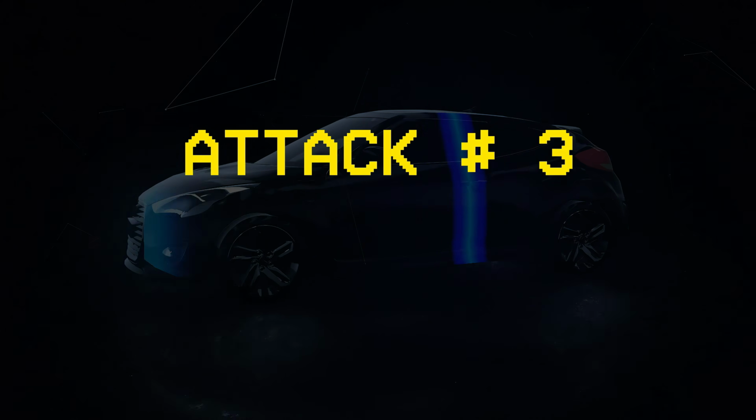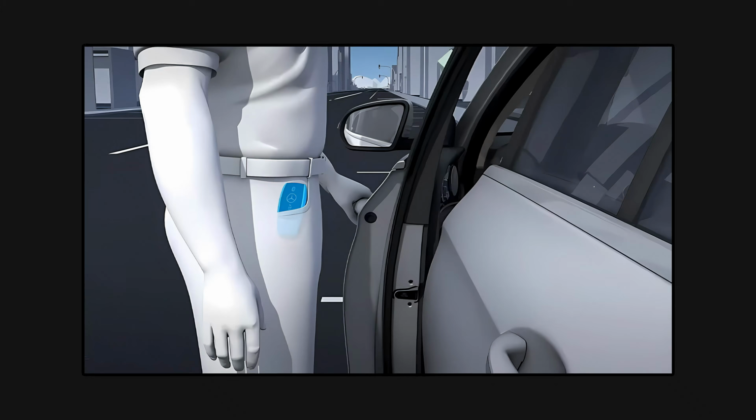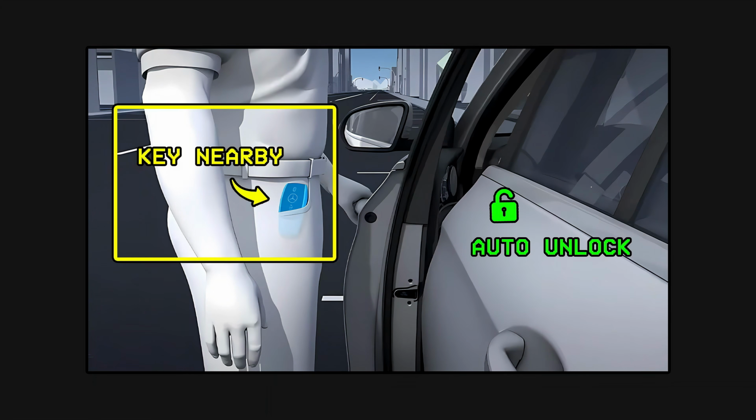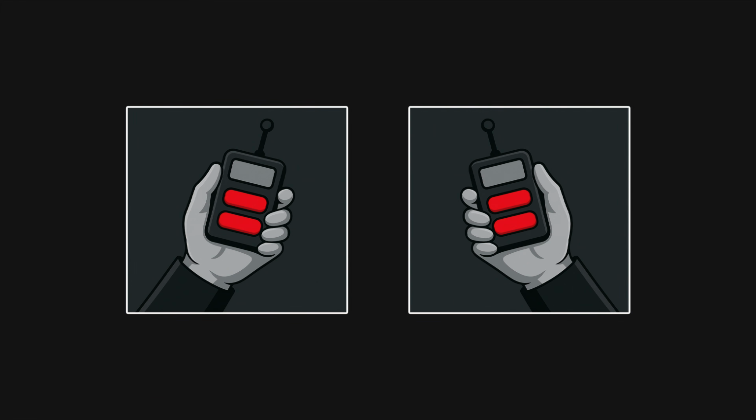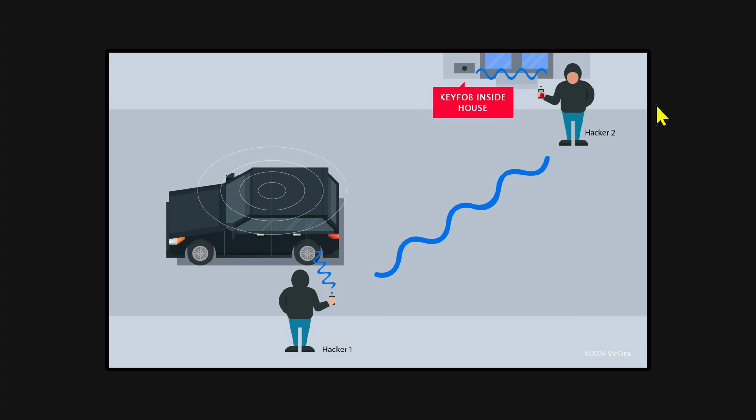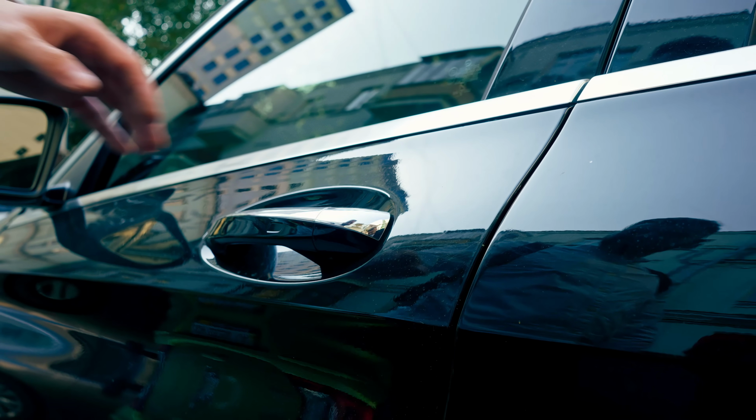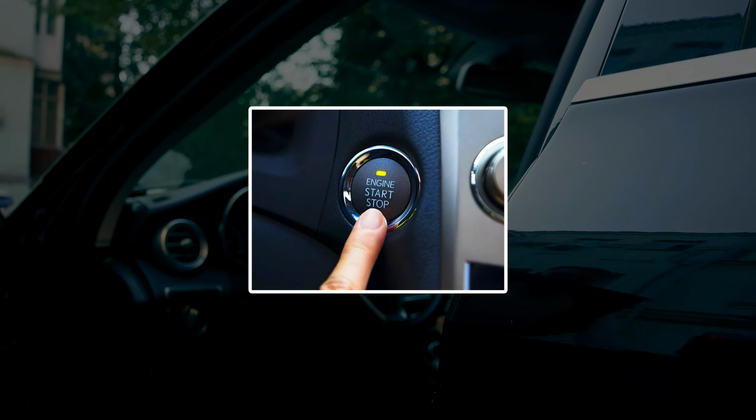Attack Vector 3, stealing cars without pressing the unlock button. Modern cars that automatically unlock when their key fob is nearby are surprisingly vulnerable to attack, as hackers can now use two small devices, with one acting as an amplifier, and the other as a receiver, to boost a low-power signal from a key fob sitting inside a victim's home, and relay it instantly to their car. This tricks the car into thinking the key is nearby, prompting it to unlock, and even start if it has